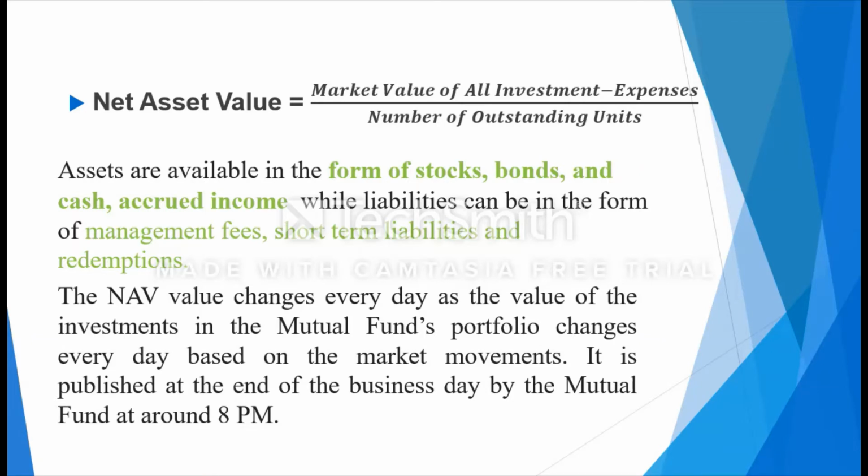Now, what are the expenses? It can be fund management fees, all the expenses which the AMC is incurring, and plus the schemes or mutual funds are also allowed to take a short-term loan, so those liabilities are also included in these expenses. And then you find what is called the net AUM, which is the numerator. But obviously, this has to be divided by the number of outstanding units, because eventually this money belongs to whom? This money belongs to the unit holders. So you divide the net asset by the units which are outstanding,